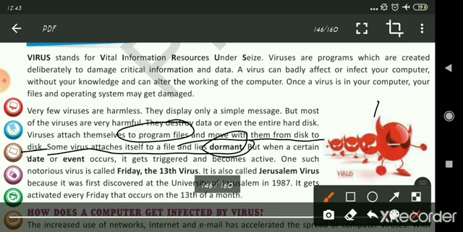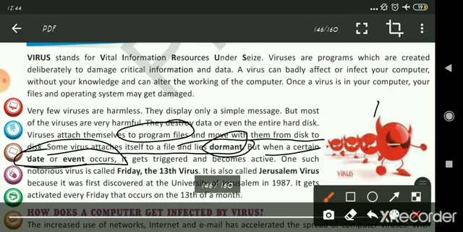They keep themselves with the file, but don't affect your computer. But when the time comes, because they are scheduled for some event, time or date, on that day they get triggered, become active and start their work of destroying or damaging your files in the computer.